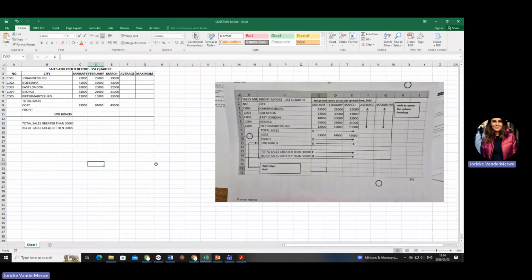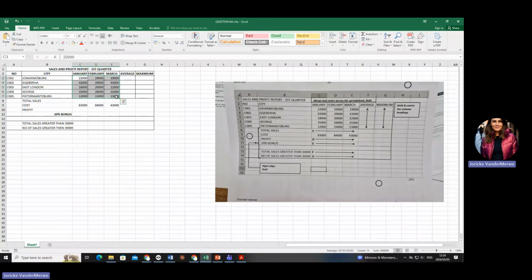Okay. Now let's go to the next one. It says you must display all figures as a currency with 2 decimals except for number of sales. Okay? The number of sales greater than. So they only want F, they want G, they want all of this.